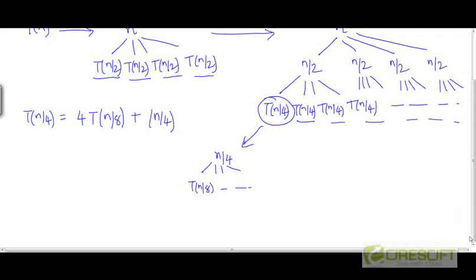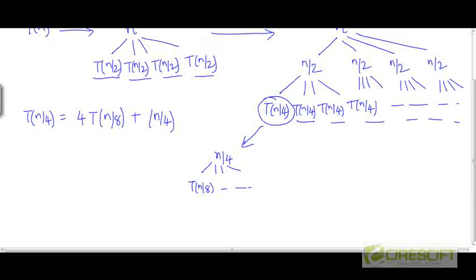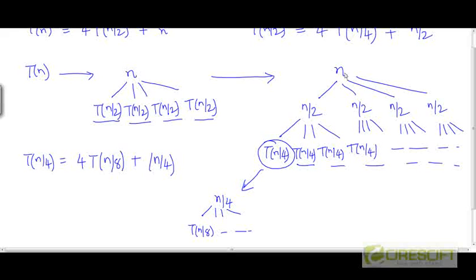That's when we stop. So at the very end, the recursion tree is going to look like this. We're going to have n at the top, 4 nodes with a cost of n by 2 each, 16 nodes with a cost of n by 4 each,